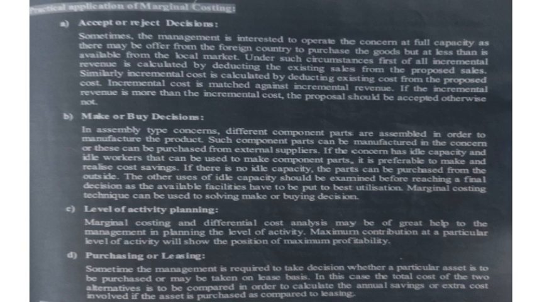So next is the make or buy decision. When you look into assembly-type concerns, for example, automobile industries, the different parts are produced by different sectors. Some products will be bought from other manufacturers and then assembled to finish the product. In some cases, all the products are manufactured by the company itself, with no approach to outside dealers. These decisions are made based on the calculation of whether by making a product the cost can be controlled or revenue is earned, or by buying the product the cost is controlled or revenue is earned.